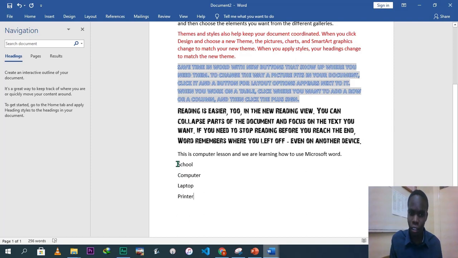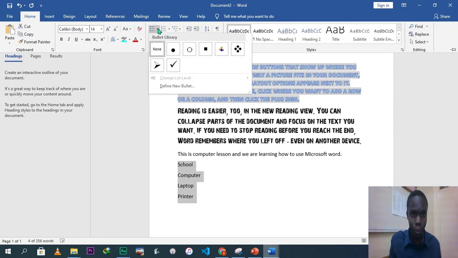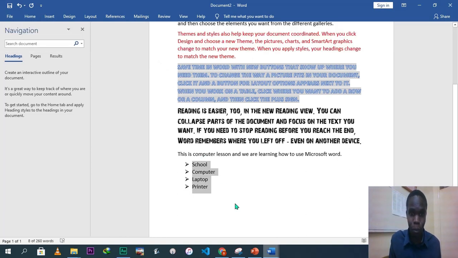Then you want to name these as 1, 2, 3, 4, or maybe you want to use bullets. You can just highlight these, then come here, the Home button. Here you can see the different bullets, like this one. It will appear in that bullet. Then you use this one, maybe this one, we have this one and this one,